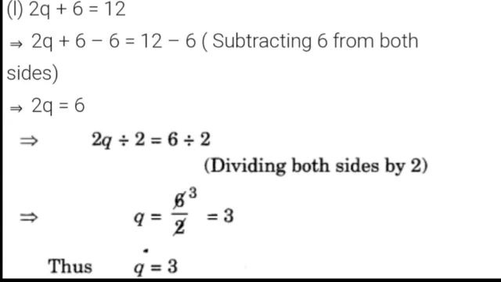Then comes your last question as l. Here also you can see addition of 6 is there. You are going to use the negative of this, that is subtracting 6 from both sides. So this 6 and this 6 will get cancelled. 12 minus 6, the answer will be 6 and 2q left on the left hand side. Now multiplication by 2, the opposite you are going to take as divide by 2 on both sides. 2 and 2 will get cancelled, only q is left down and 6 divided by 2 will give you the answer as 3. I hope students you followed the systematic method, and previously also we have used this method,